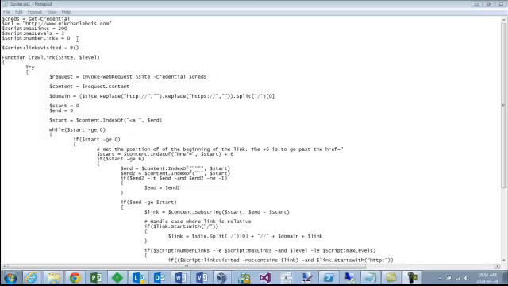If we take a look at my PowerShell script here, the first thing I'm going to do is prompt for the credentials, because I want to make sure that the person is authenticated. They might be behind a corporate proxy, corporate firewall, whatever, so you want to make sure that they're authenticated. I'm going to get the URL of the site I want to crawl, so this is going to be